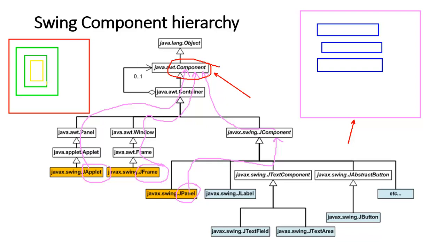So what do I mean by saying I can build the hierarchy? This is the top level container. Inside this I have one other container, inside this one other container, inside this one other container. So I can have container inside container, and finally maybe I can have some components placed there, or maybe at the other places also.